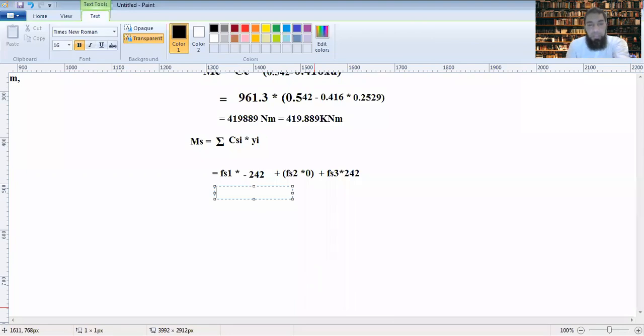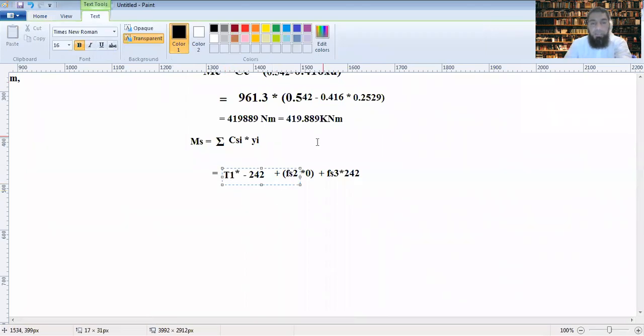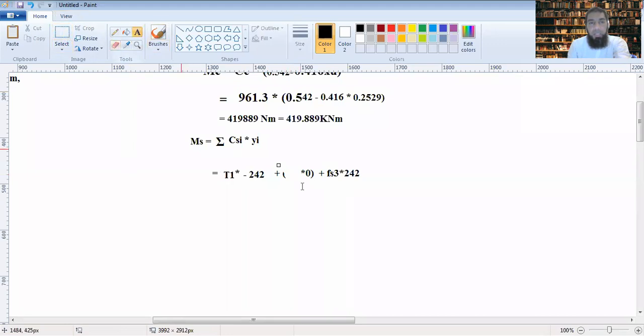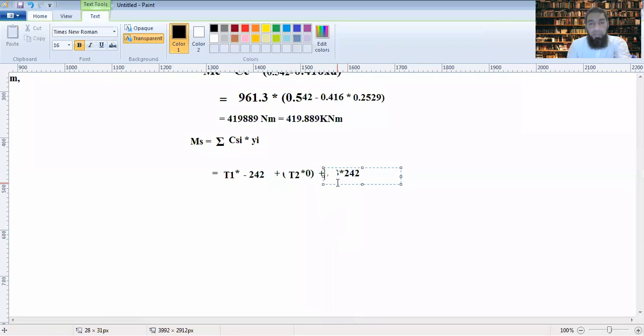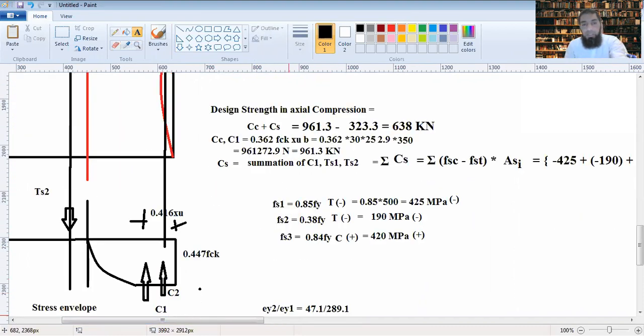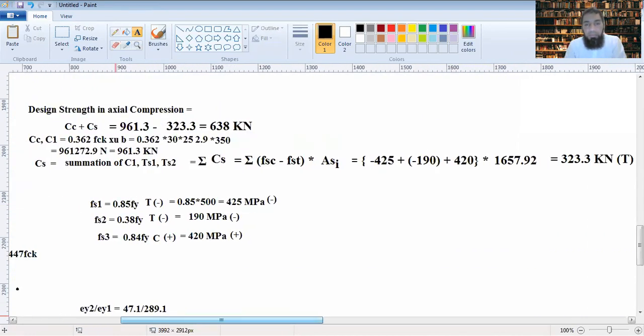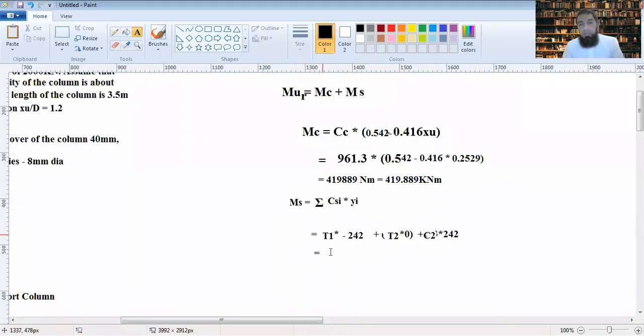This is T1, this would be T2 corresponding, because we have already calculated the load into lever arm. This is T3 or C2 corresponding to, thereby T1 is known to us. Did we calculate T1 somewhere? Corresponding to lever arm, it will be stress into